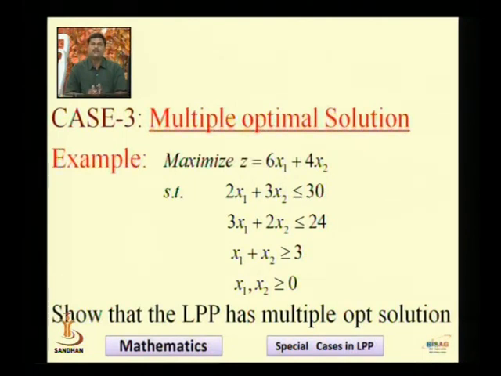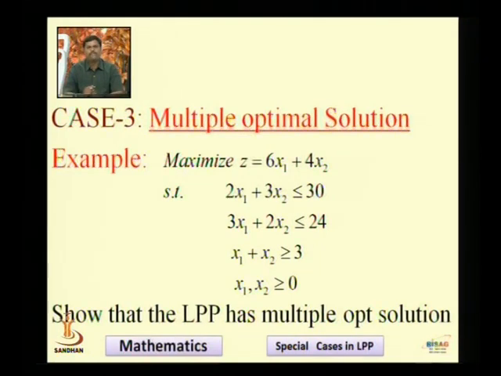So it can again become 10 for some other set of values of x1 and x2. If this is possible, if we can find more than one set of values of x1 and x2 which satisfy all the constraints, which means a feasible solution, and also give us a maximum value, then in this problem it is called a multiple optimum solution. This problem, we will understand, has a multiple optimum solution.